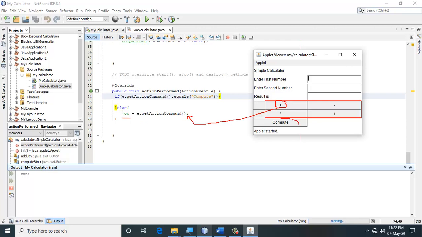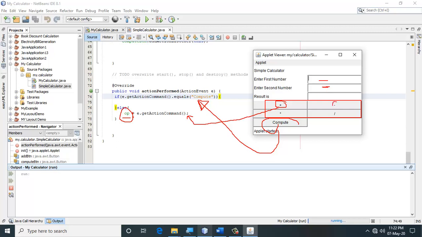When I click on the compute button, I will do the actual calculation, and this calculation is based on which operator was clicked. Suppose I click on the plus, my calculation is adding the two numbers displayed here.